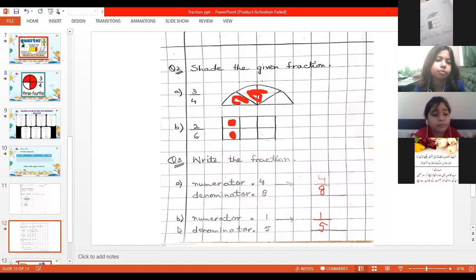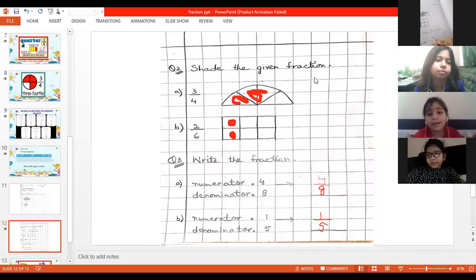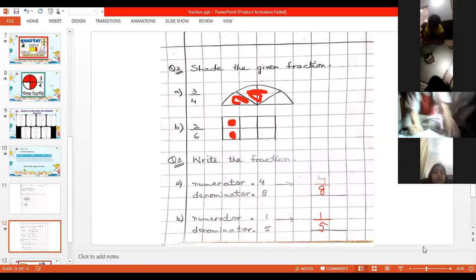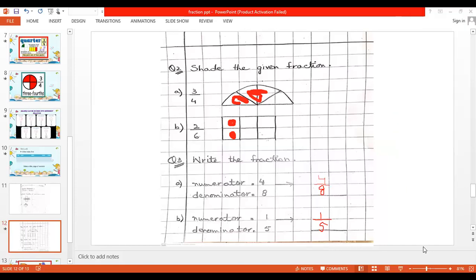Maybe there is some net problem. Yes, Nabiha. Show me your work, Nabiha. Teacher, I have done my work. Show me your work, beta.